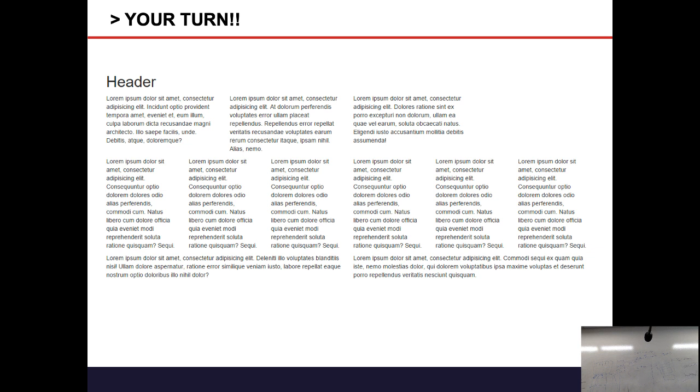Then I have 1, 2, 3 columns. Up to you, you can divide it like 3, 3, 4, or 4, 4, 4. That will also work. This is one row. You can divide into 1, 2, 3, 4, 5, 6. You get the idea. This is the exercise after lunch. We'll start back at 12:45, and then we're going to start on this exercise.